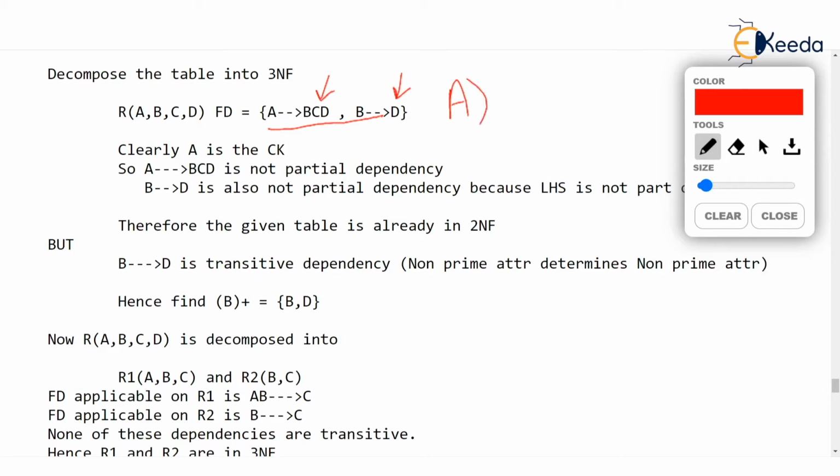And if we find the minimum A closure, it will contain ABCD, all the attributes. So A is the candidate key, and A can be the only candidate key because now A can't be removed from the candidate key and nothing can be added. It will give us a super key. So coming back to this,